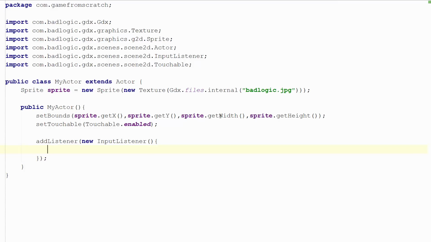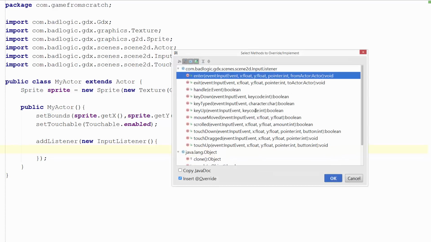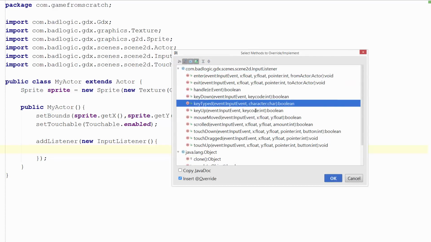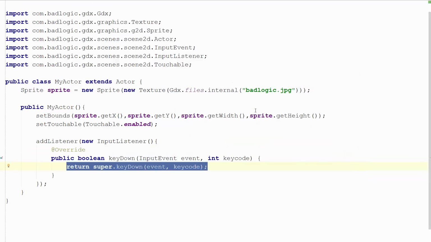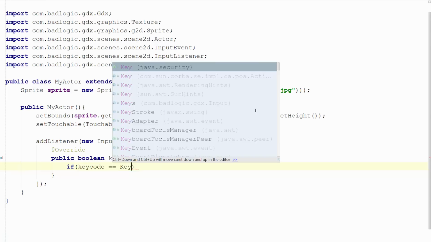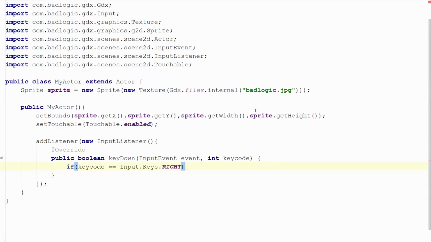So we add a listener in. We're going to have to implement this class inline. And all we're going to be doing is overriding a couple of methods. See if it's smart enough to do here. Okay, good. We're going to override keyDown, like so. And we're going to show you the very first action that you've seen. Very simple. We're going to see if keycode equals Keys.RIGHT. So if the user presses the right arrow key,